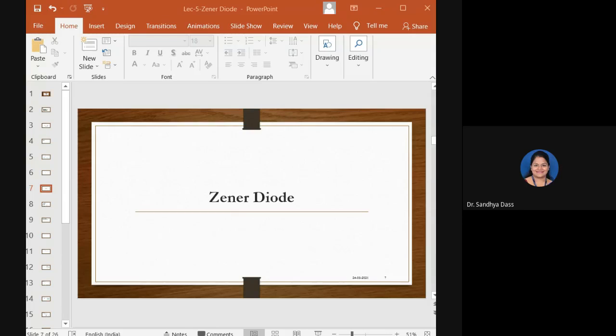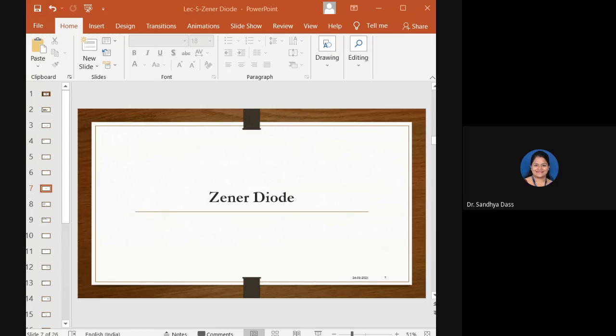Okay, so the Zener diode is a PN junction diode which will behave normally, similar to the normal PN junction diode, when forward biased, but it can allow the current to flow through it when it is reverse biased. So that is the difference between a normal PN junction diode and a Zener diode. All right. So if a normal PN junction diode is connected in reverse bias condition, you cannot use it as a Zener diode.